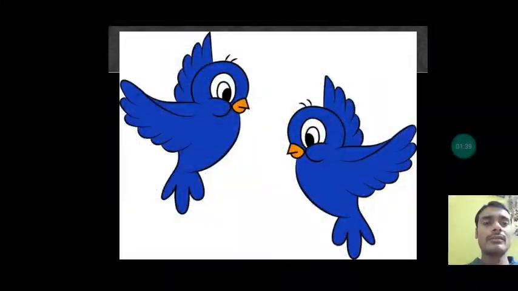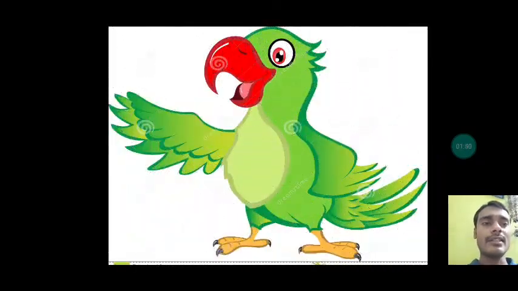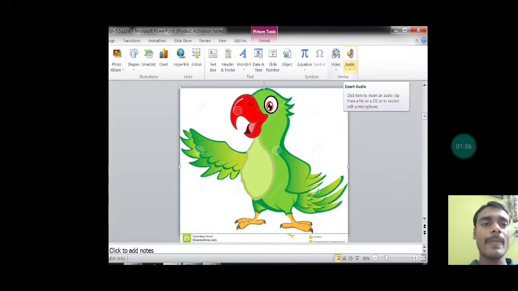Okay, that type of effect is very beautiful and very interesting when you create it in your slide. You can see these all are transition effects in which one screen ends and the second screen appears.